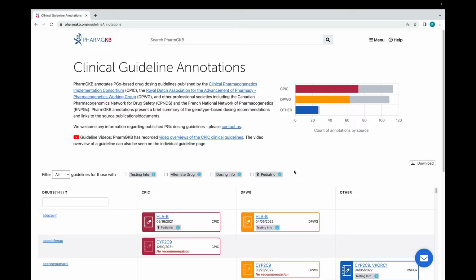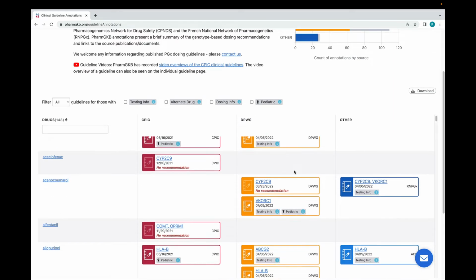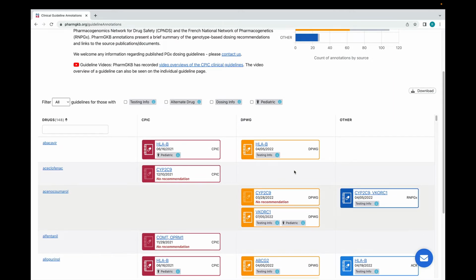Some guidelines specifically give a no recommendation for a gene-drug pair. This means that changing a prescribing decision based on a patient's variant in the specified gene is not recommended. Guideline annotations covering a no recommendation are clearly shown in the table. The Clinical Guideline Annotations table can be filtered by source, tags,